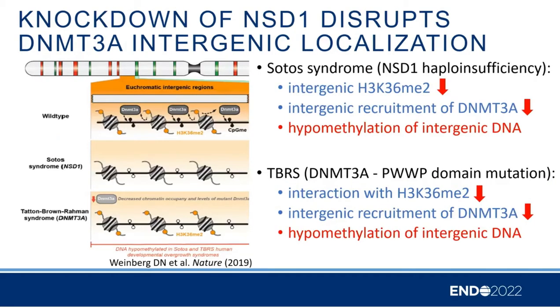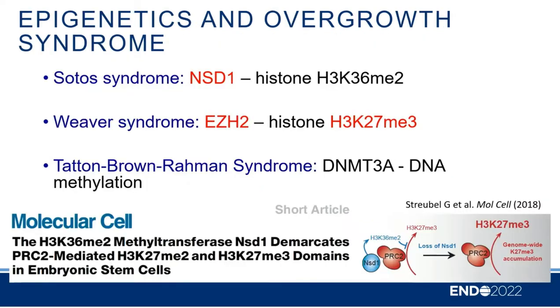And so perhaps in Sotos syndrome or Tatton-Brown-Rahman syndrome, whether it's caused by NSD1 mutation or DNMT3A mutation, they could both involve a loss of intergenic recruitment of DNMT3A, and that would in turn lead to hypomethylation of these intergenic regions in the chromosome. And then there's a second study, which I'm not going to spend time on, that shows